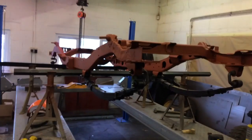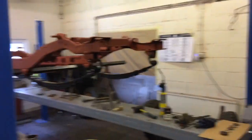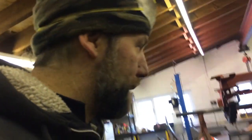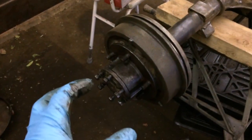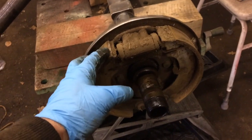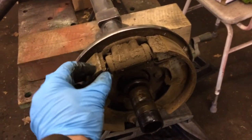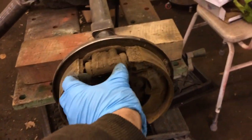Right, good morning. As you can see, that's coming together. The springs are all on, and now I'm onto the back axle. So to change the shoes, these are the shoes, right? There are no discs on this vehicle. 1942, right? So these shoes, the brakes, basically, this is